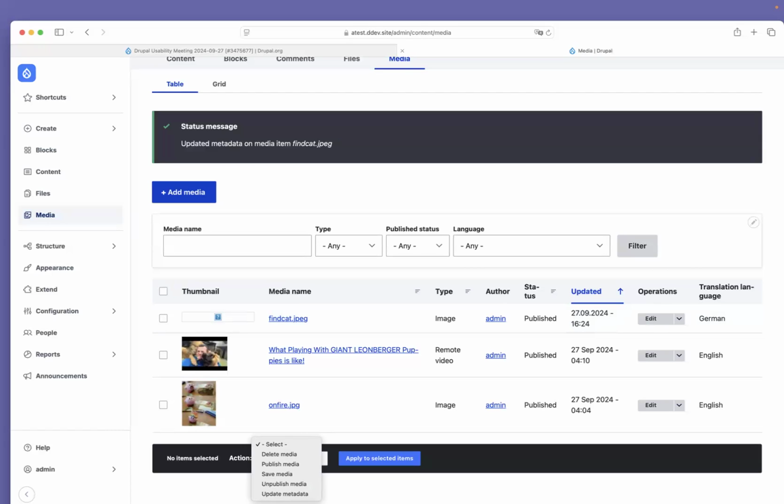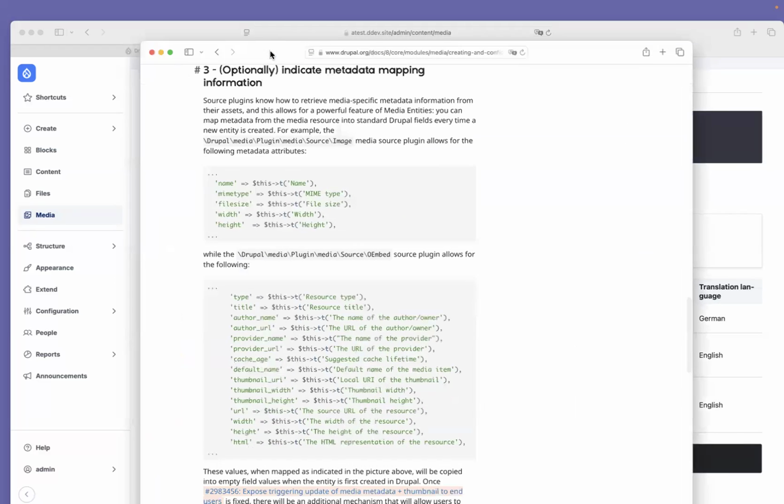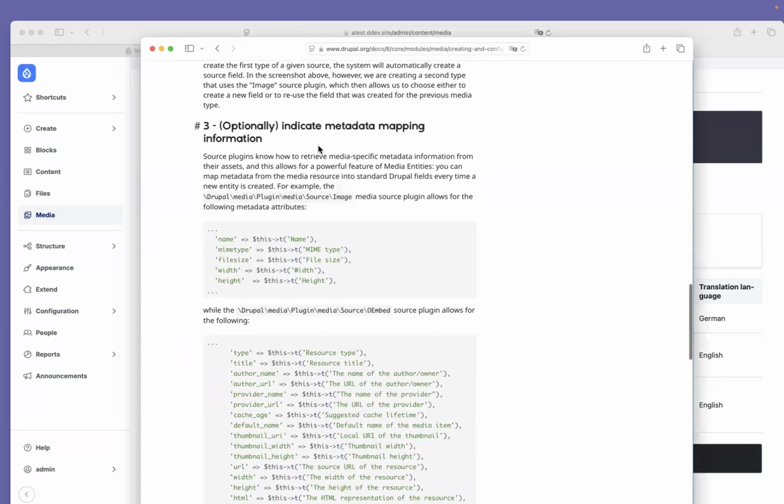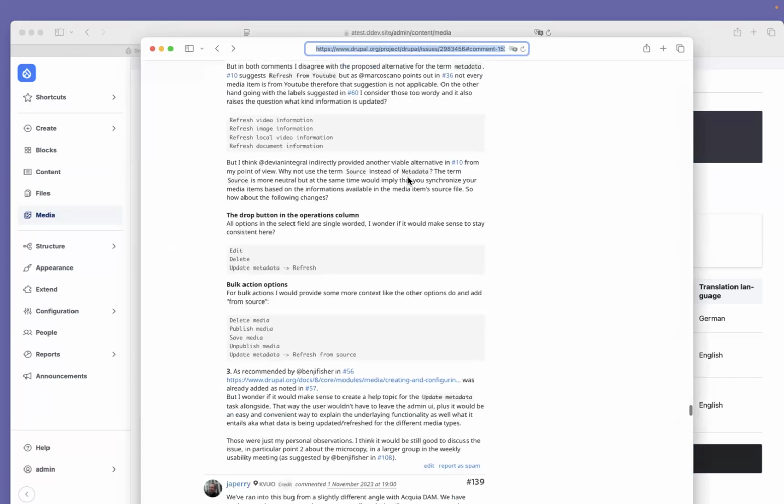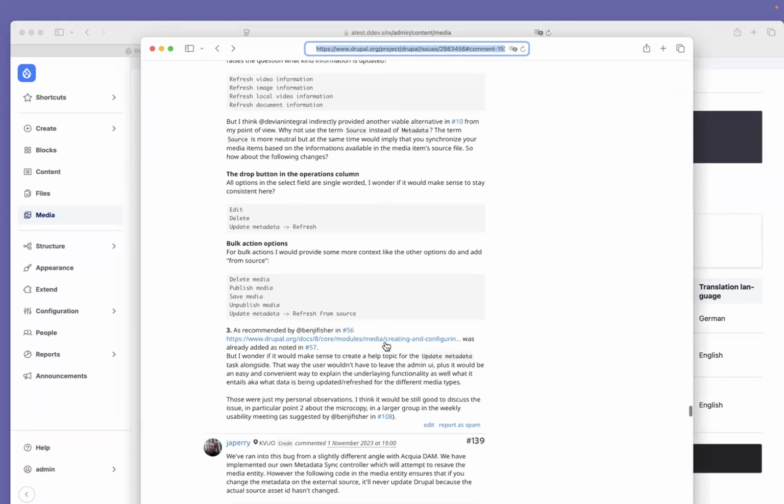And also in the last point, Ubenji recommended in 56 the following. Those instructions here, that is on Drupal.org docs, was already added as noted in 57, and I've suggested, but I wonder if it would make sense to create